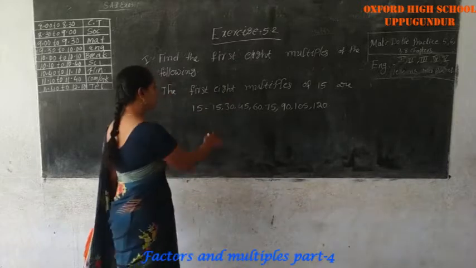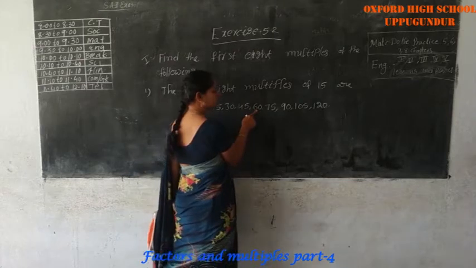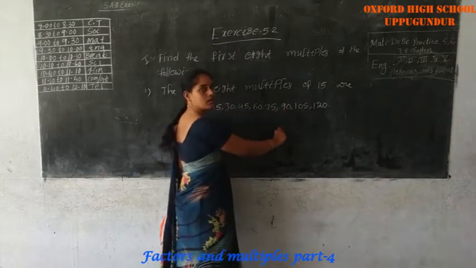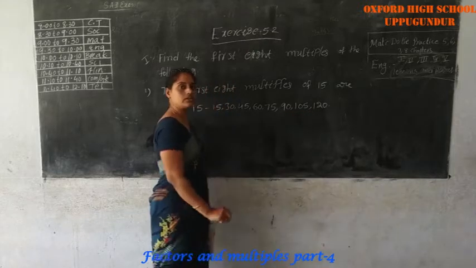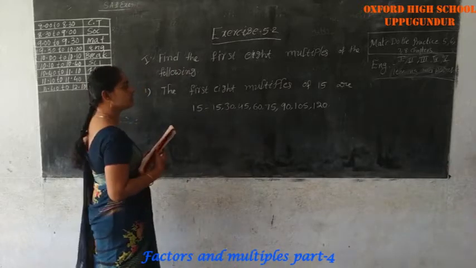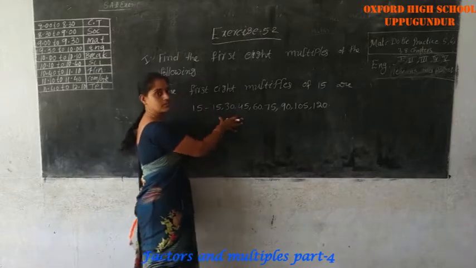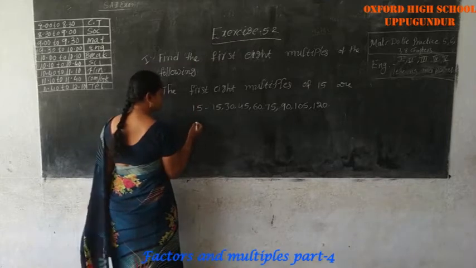See, 15 1 ja 15, 15 2 ja 30, 15 3 ja 45, 15 4 ja 60, 15 5 ja 75, 15 6 ja 90, 15 7 ja 105, 15 8 ja 120. These are 8 multiples of 15. Okay, next, the first 8 multiples of